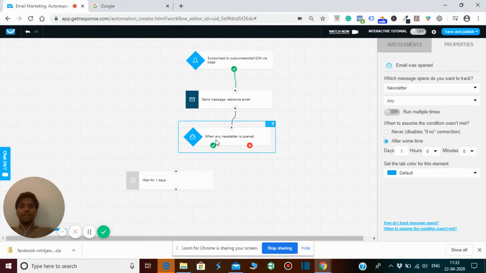So when any newsletter is opened, you have to click which email you want. For example, if anybody gets a welcome email, then the welcome email should be selected, so you have to click on that one.